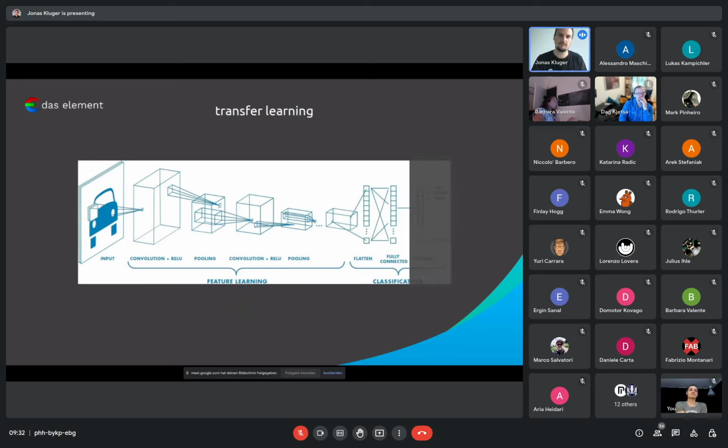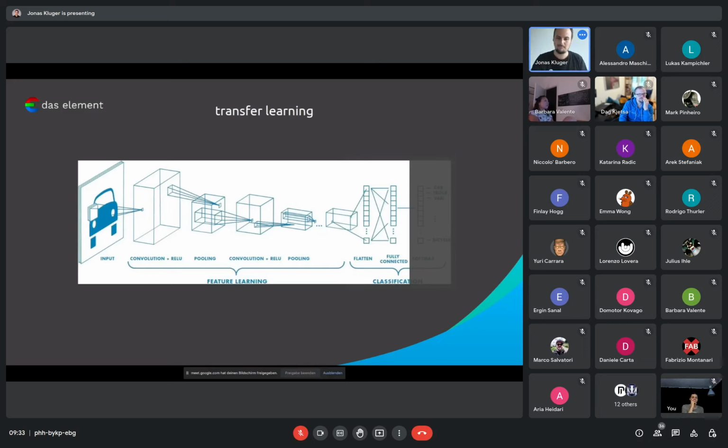Some of you have already heard of transfer learning. That's basically where you cut off the last layer with all these single labels, and you provide the model with your own labels. The cool thing is that because it already learned all the features, you can just exchange the last layer, the last output, and provide it with your own labels. So the deep learning model can use the previously learned features and just apply them to your ones.